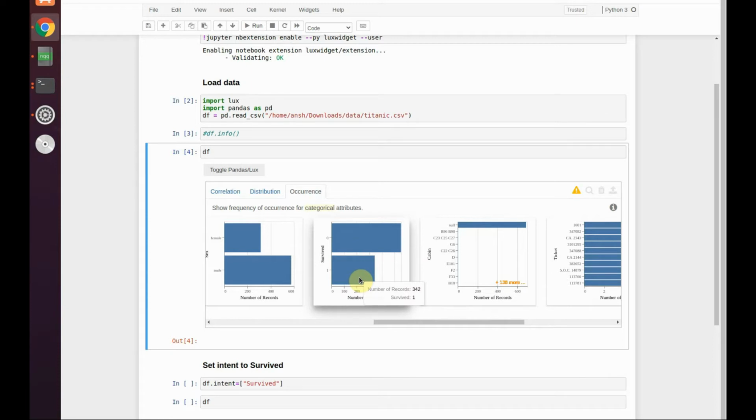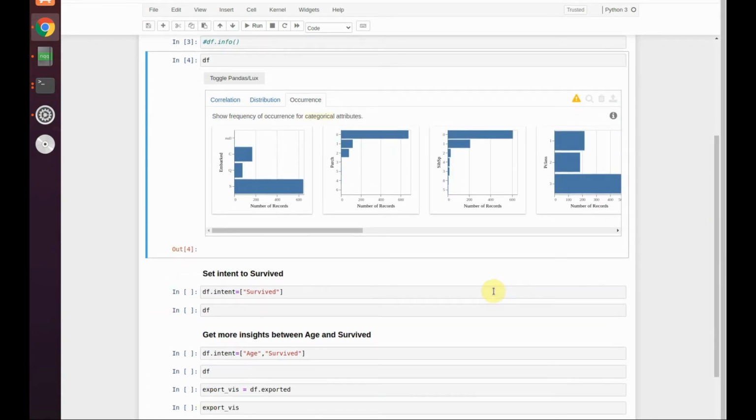Though basically I just wanted to clarify that we have not done any kind of cleaning, or we have not removed the null values. So the numbers which I'm showing are raw numbers. It might happen that if we do all this cleaning and those kinds of things, the numbers might change. But just for the sake of showing you guys this thing,